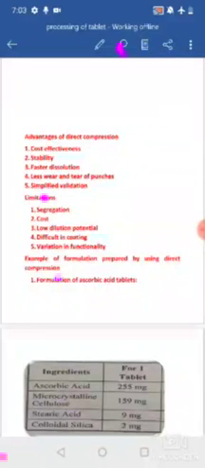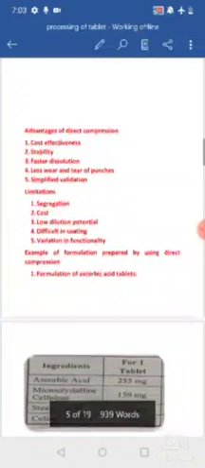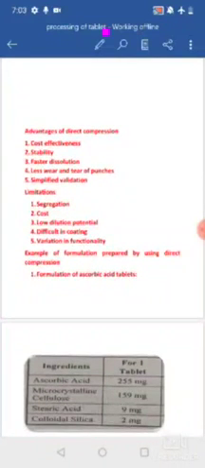As it can undergo shear and tear, or it can shed powder, it is difficult to coat. Coming to the next point, that is the variation in functionality. Here it is going to show variation in its function, in the excipients or additives which are used, depending upon the source which you are going to get.